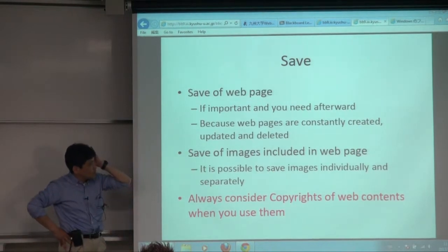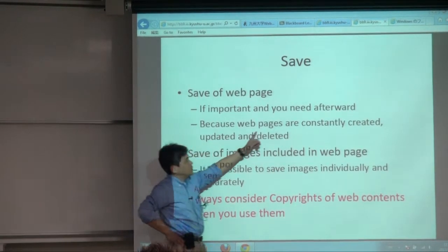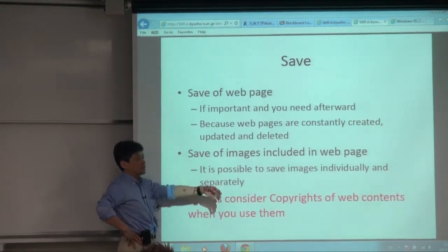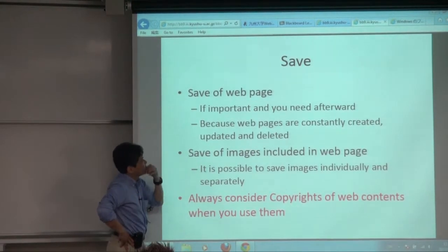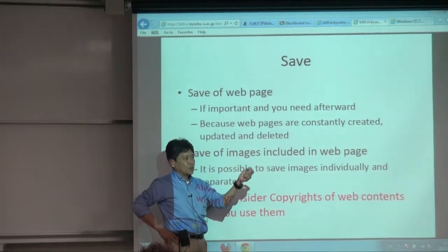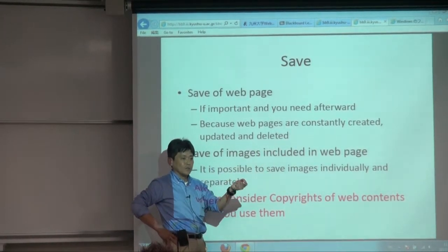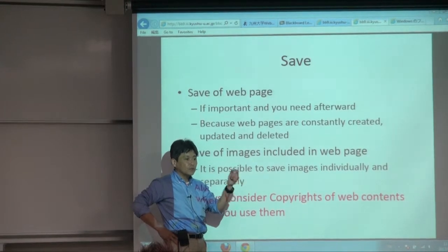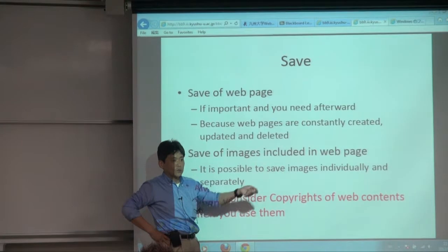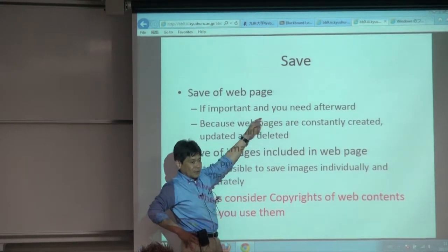Such a web page is constantly created, sometimes updated, and sometimes deleted. So afterwards, if you want to see such content, it's better to save it. Okay,